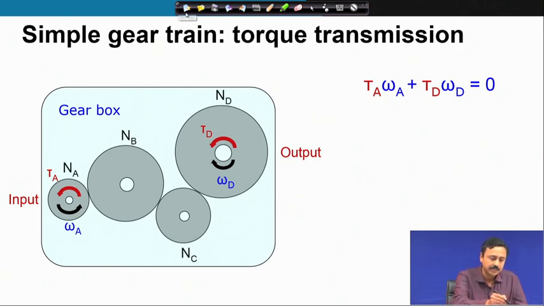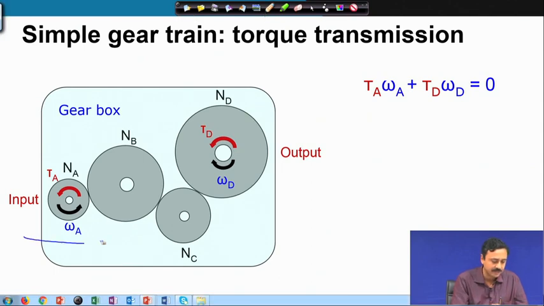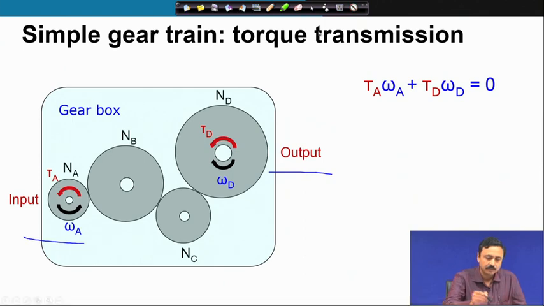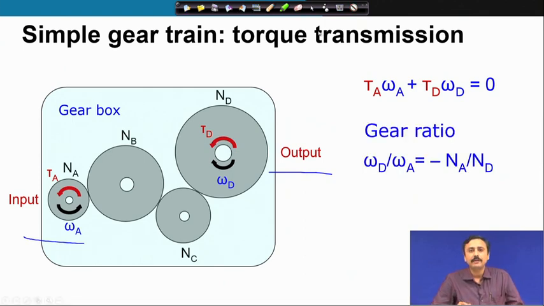There are two sources through which work is being done, one at the input, the other at the output, and if you do this power balance, then you get tau A omega A plus tau D omega D equal to 0. Here we initially do not know the direction of tau D. If you recall the gearing ratio between A and D, which we have just now derived, omega D by omega A is minus N A by N D. If you substitute this here,